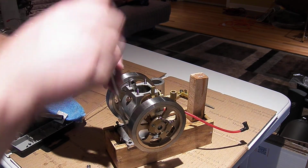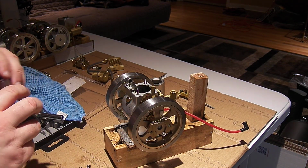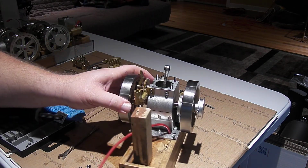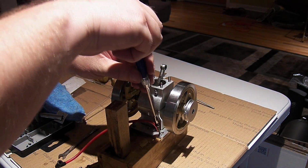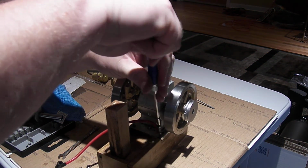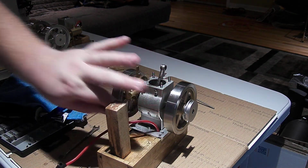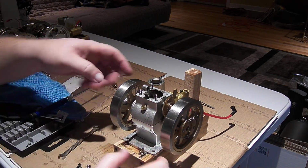Trying to unscrew these mounting lags, because this engine is mounted with lag bolts and not with full length cap screws running through the base. Now, because the wires for the sensor and the